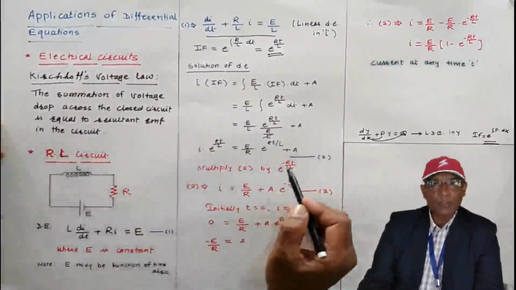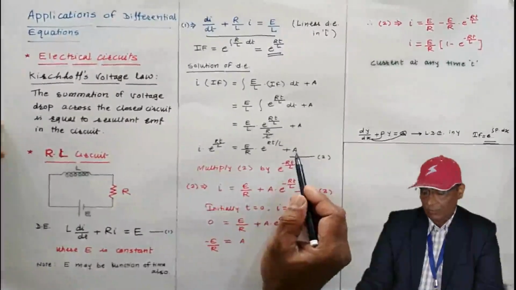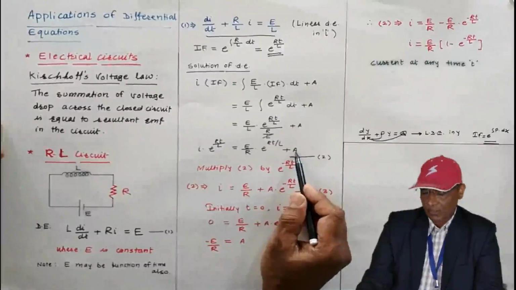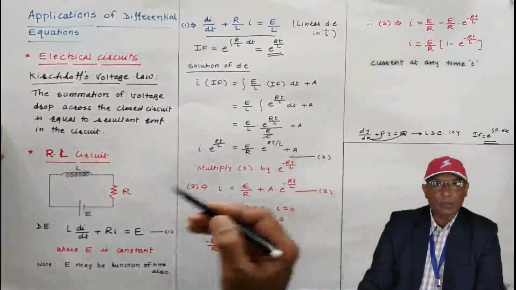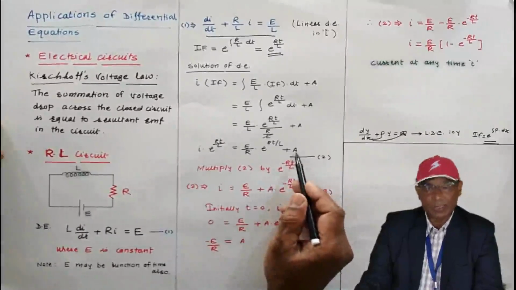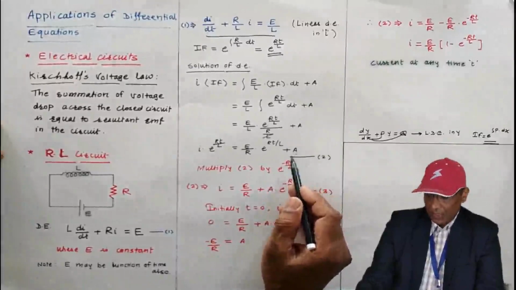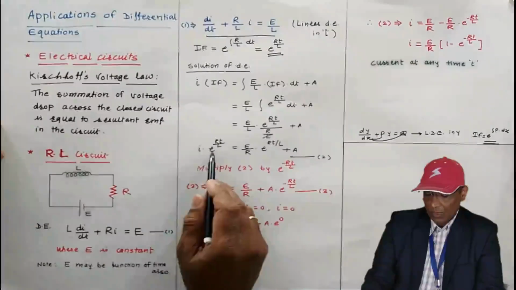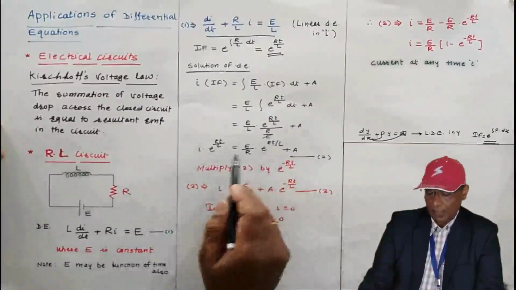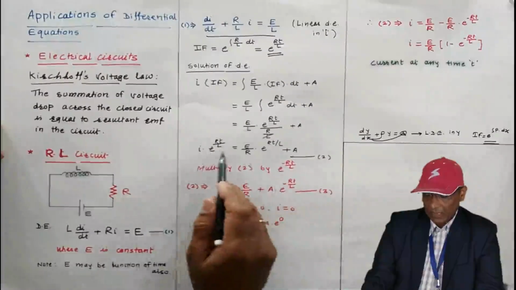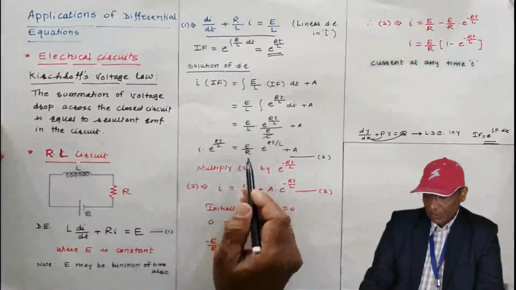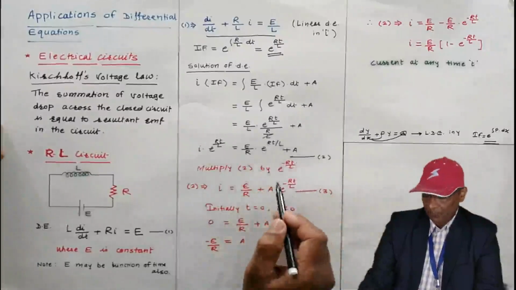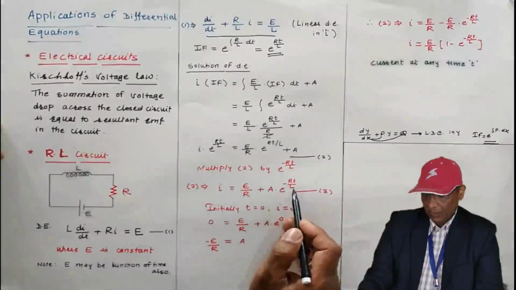Now in applications of differential equation, the value of integration constant we have to find. The initial or boundary conditions you can use to find it. But initially, for one more step, I am multiplying this e to the power RT by L by e to the power minus RT by L, which means I is equal to E by R, e to the power minus RT by L, e to the power RT by L, e to the power 0, and it will be 1, plus A multiplied by e to the power minus RT by L.